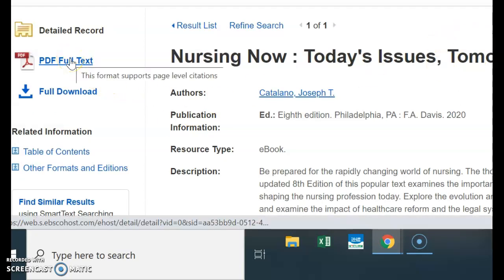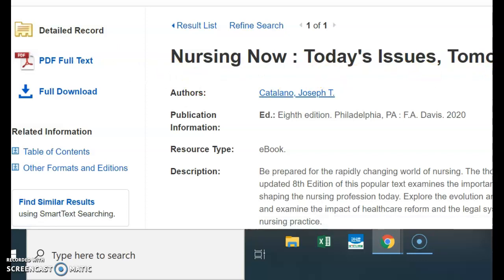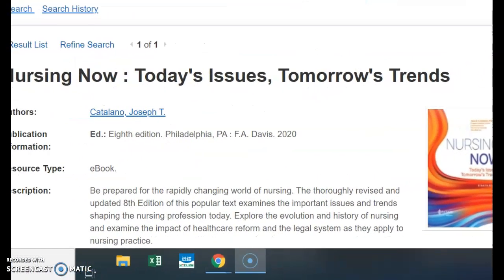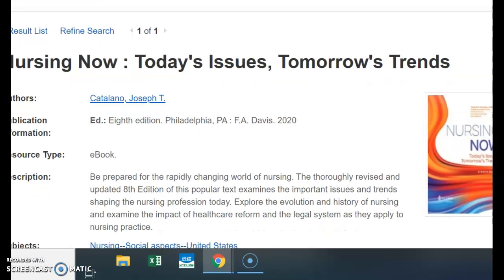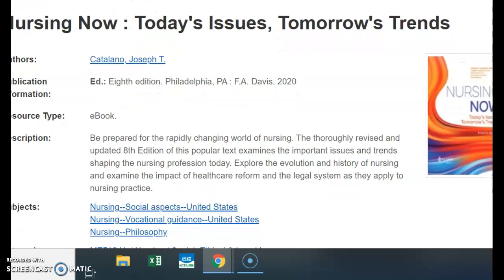You can open up the book and read the text by clicking here, but also you're going to have a description that you can read through. Obviously, you're not going to read the whole darn book for this assignment. You're just going to get an idea of what the book is about. So you can read through the description,